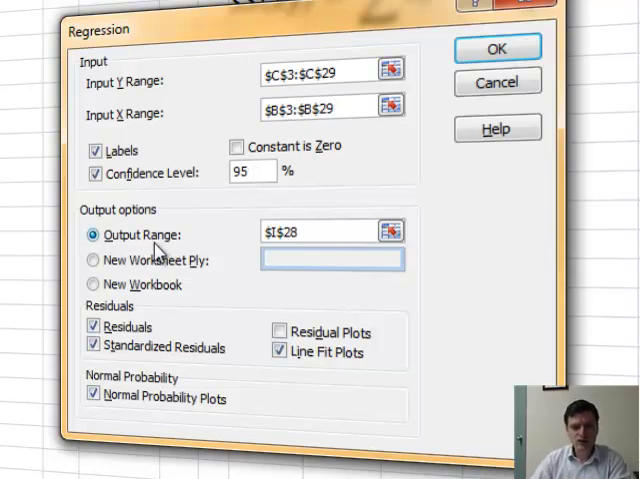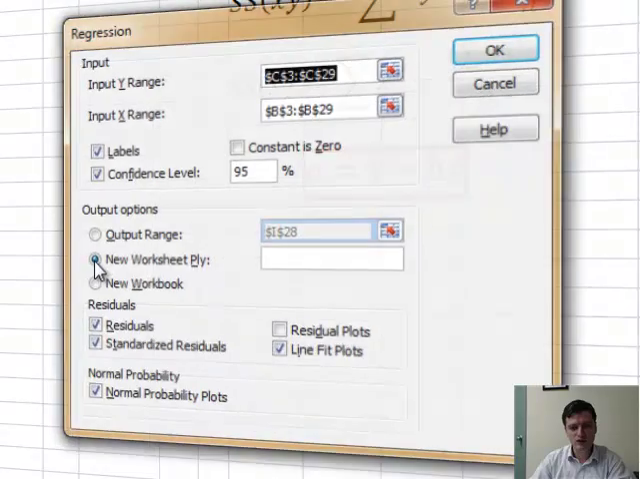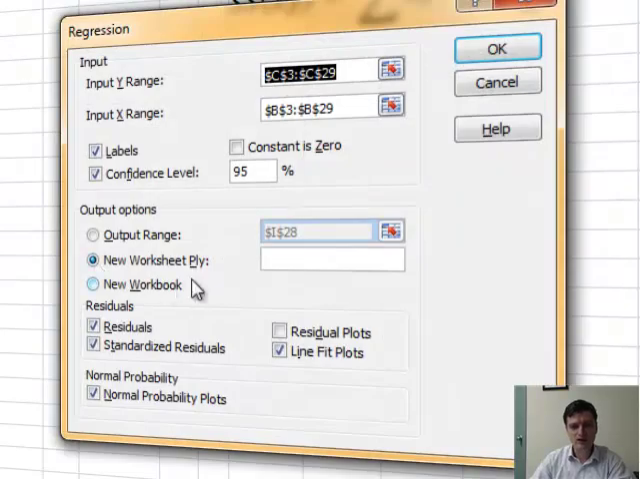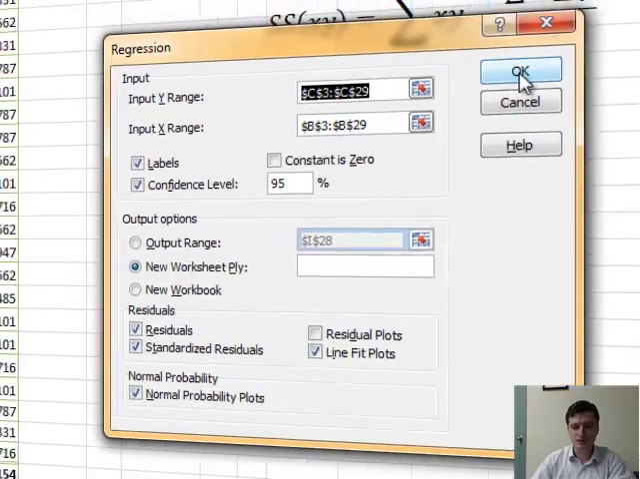I want the output range to be in this particular area, not in another sheet, but I could actually do in another sheet. And actually, let me do that, because in my how to use Excel videos, I used the same sheet to show it. Right now, I will use a new sheet in Excel. In the residuals, I want the residuals, which is the error. I want the standardized residual. I don't want the residual plots, but I want the line fit plots, and I want the normal probability plots. Let's see what all of these things will come in the output of regression. So I click OK,